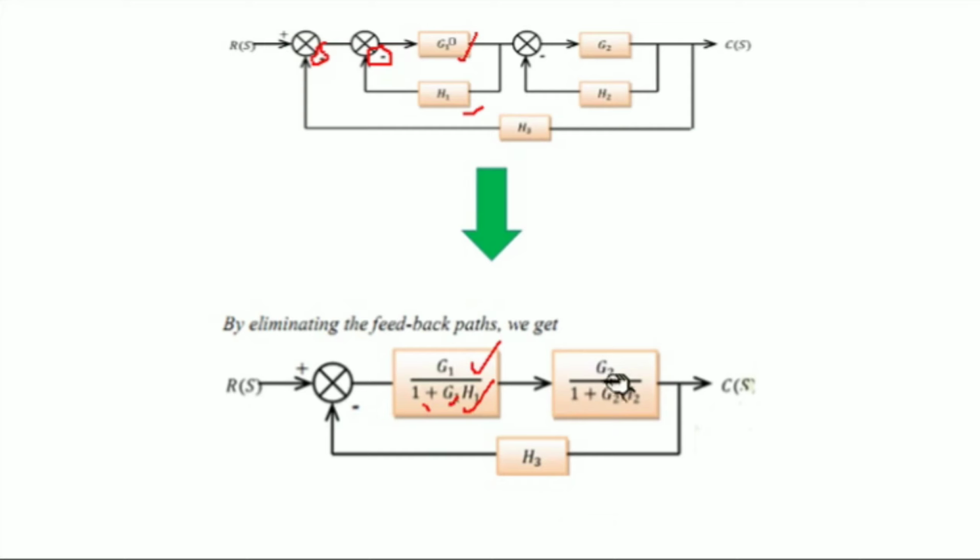Similarly here G2 upon 1, here the sign provided is negative feedback. So for simplification we have to make it positive, so 1 plus G2 into H2, and the gain becomes G2 upon 1 plus G2 into H2. So now this becomes a very simplified form by eliminating the feedback loops of the control system. Now the next step is what? These two are in series. So what is the rule, my friends, for solving this kind of series block? For that, the gains you just have to multiply.